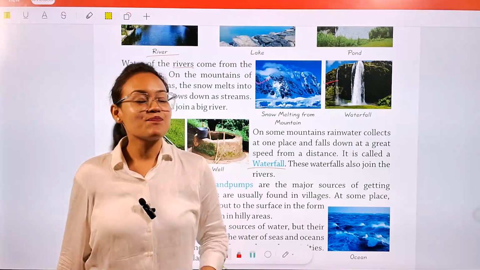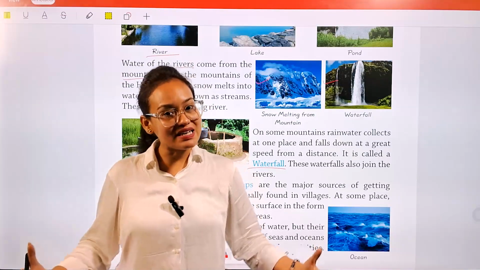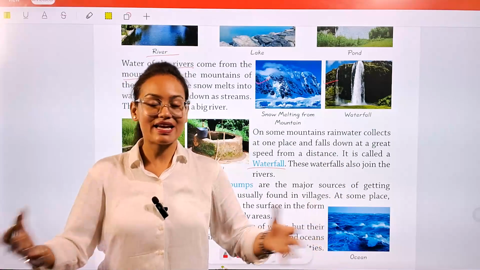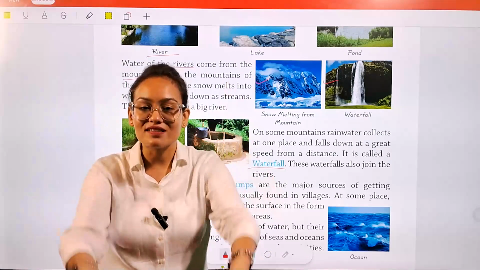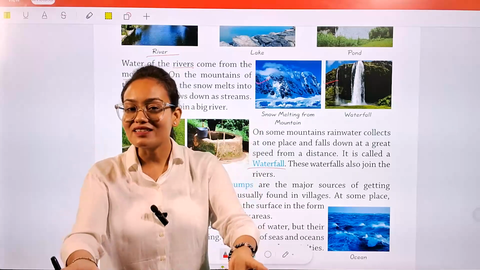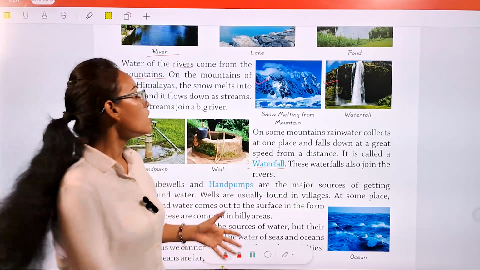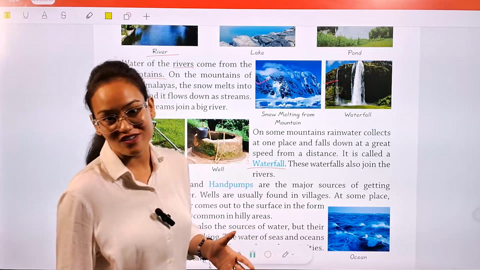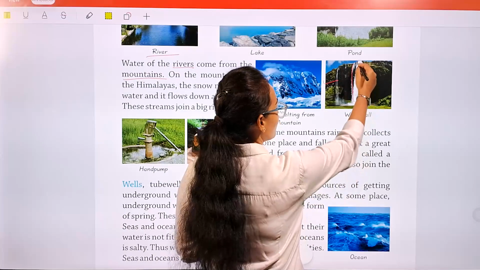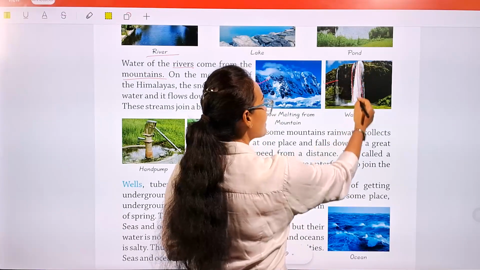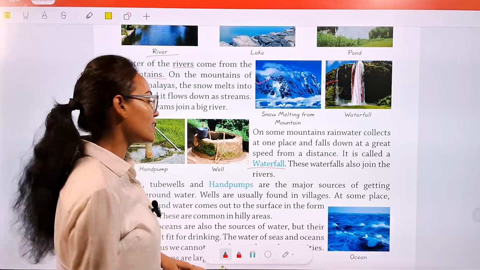माउंटेन्स हैं, ठीक है। तो माउंटेन पे क्या होता है माय डियर स्टूडेंट, जब बारिश होती है, ठीक है, तो पानी ना एक जगह इकट्ठा हो जाता है, ठीक है, एक जगह कलेक्ट कर लिया जाता है, ठीक है, और वो कलेक्टेड वाटर एक साथ नीचे गिरता है, तो जब वो एक साथ नीचे गिरता है, उस गिरते हुए source of water को we term them waterfall, okay. Here you can see water is collected here and it is coming down, okay, it is coming down just like a fall, okay. So this is called our waterfall, okay.